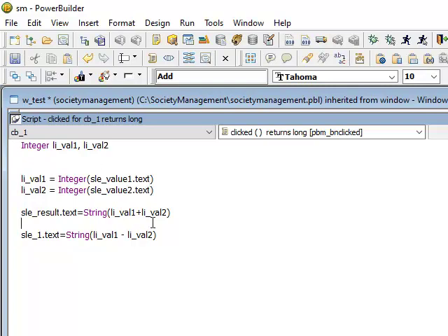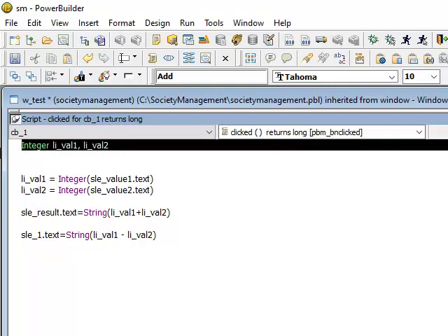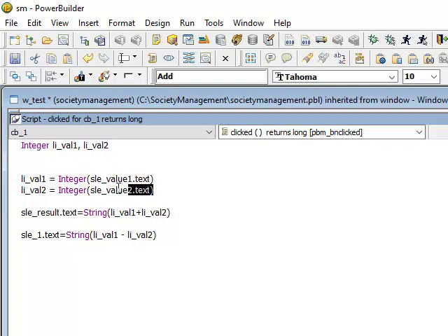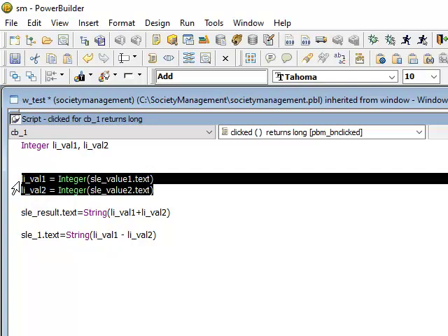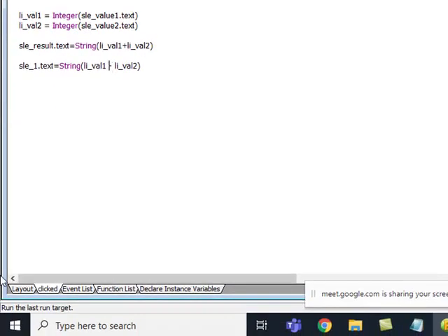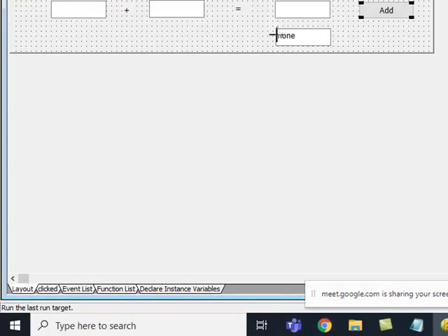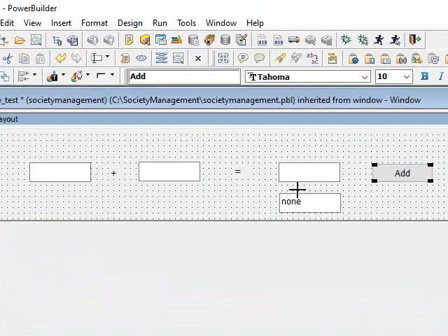Perfect. So this is how. This was a variable, and what we did is we just did some addition. We used some operator, and we are able to get our required result. Okay, perfect.